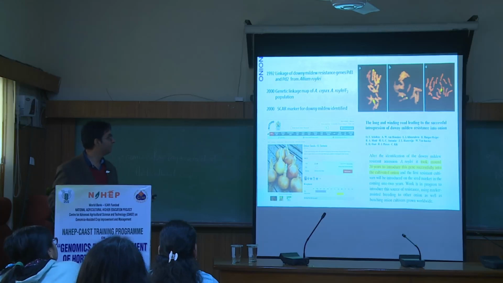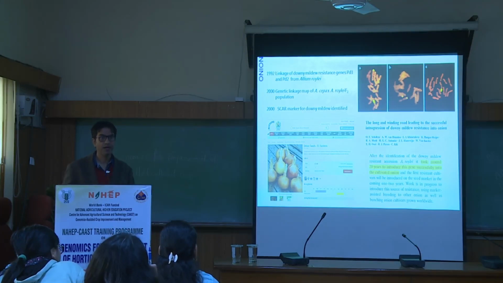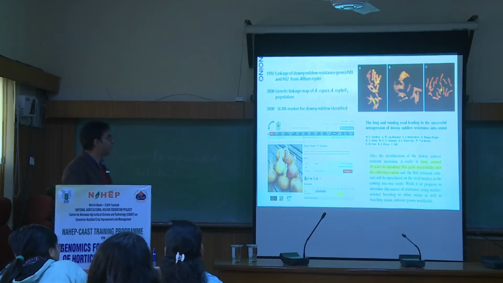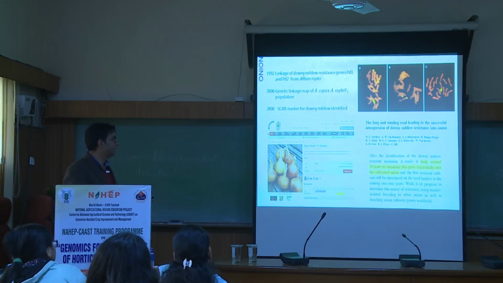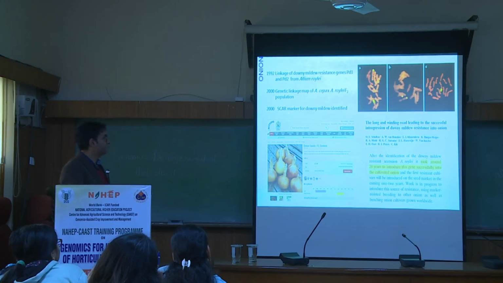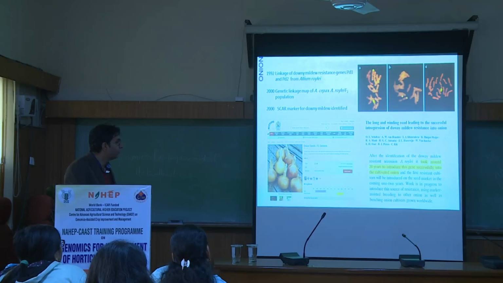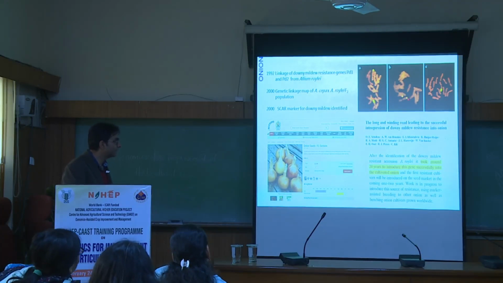So what they found was that this Allium roylei was found to be resistant to downy mildew. And in 1992, the downy mildew resistance genes PD1 and PD2 from Allium roylei, after 8 years, they made a genetic linkage map of the population using AFLP markers, and they developed SCARs for downy mildew. If you see here, segments from Allium roylei. They found that if the segments are big or even small, in homozygous state,